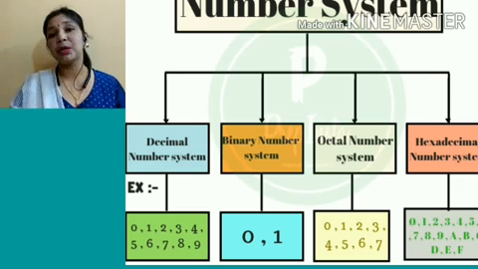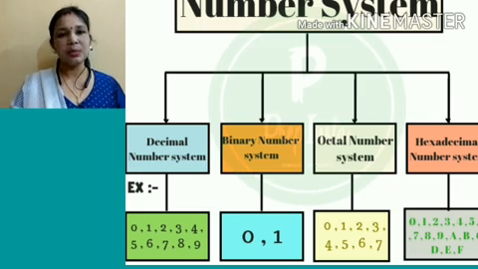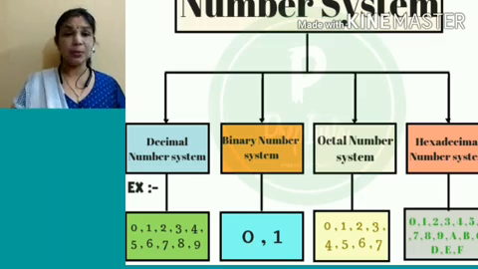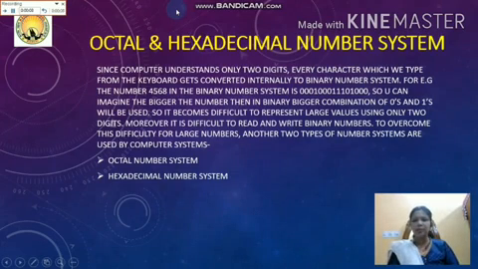In the second segment of this class, I'll teach you how we can convert a decimal number to all 4 types of number systems supported by our computer system. So let's continue with the class. Here I'm going to tell about 2 more number systems. As you can see on the slide, these 2 are the octal and hexadecimal number systems.